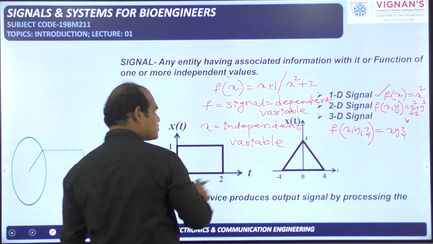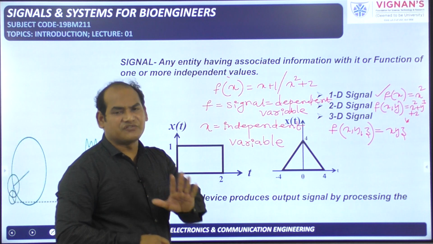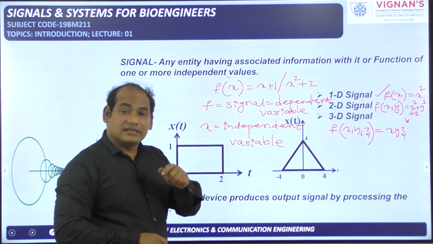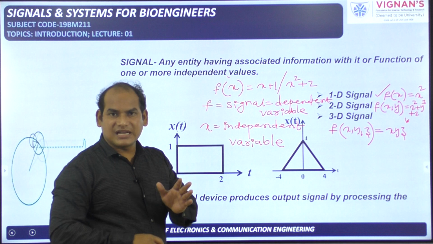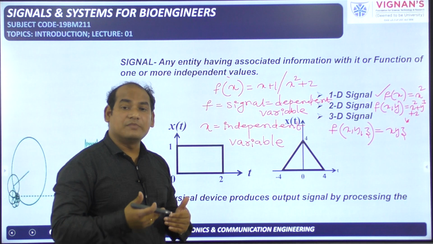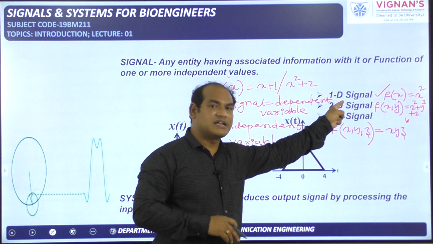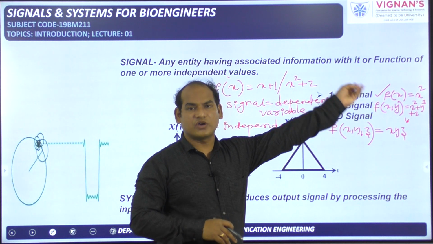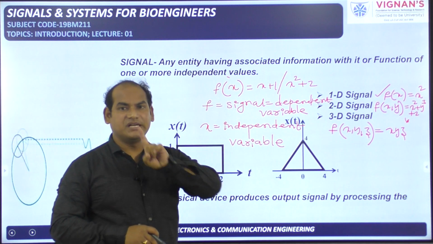Okay, so in this way we will define the signal. Signal is nothing but any information; any information can be considered as a signal, and the next definition is, it is a function of one or more independent variables. For example, it may depend on one independent variable, then that is called a one dimensional signal. You can give anything: f of x is equal to x cube, or x square plus 2, or x only, whatever it may be, but f should depend on only one independent variable.